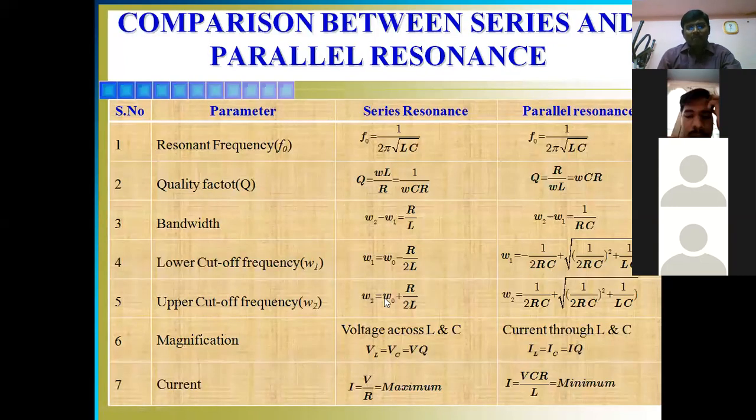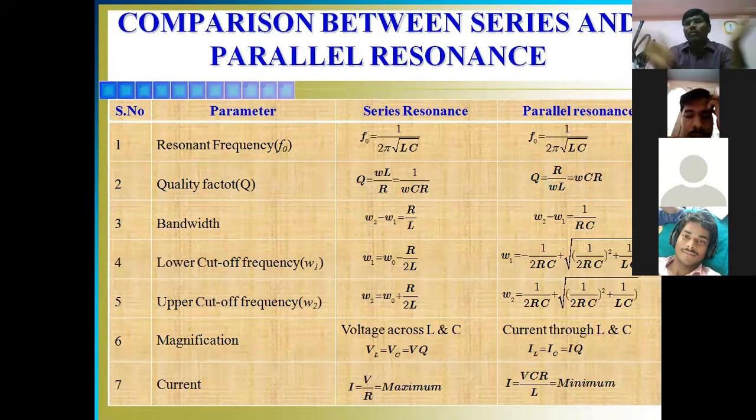However, these two are not formulas we derived. What we derived just now is only for the specific parallel circuit. We can only compare these two because in series RLC these three are in series, whereas in parallel RLC these three are in parallel. Then only we can compare. Otherwise, we cannot compare with the other parallel circuit.